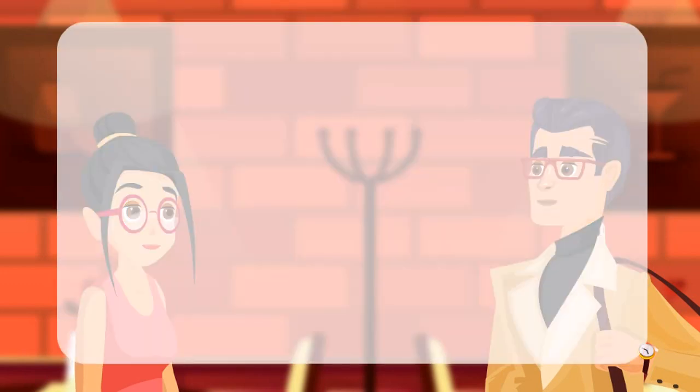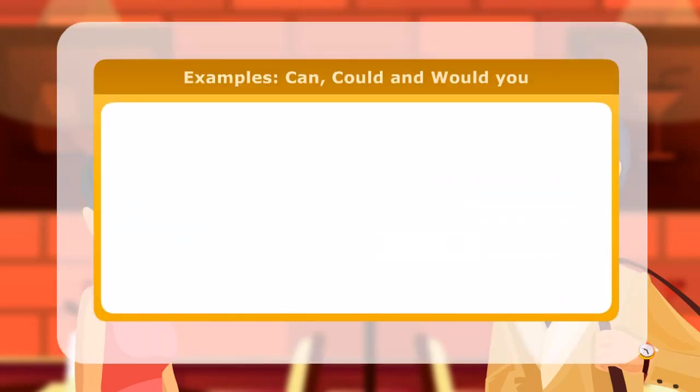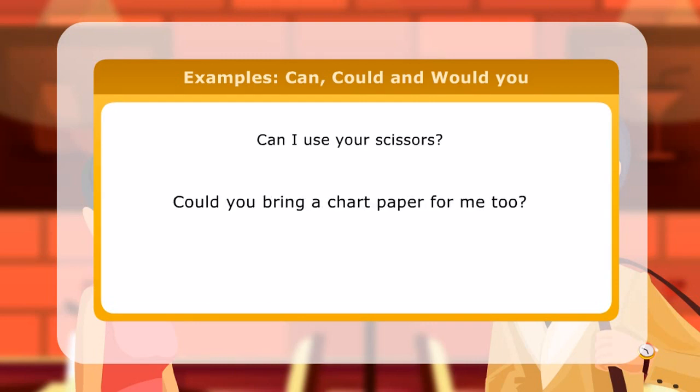Here are a few more examples of use of can, could and would you in sentences. Can I use your scissors? Could you bring a chart paper for me too? Would you like to